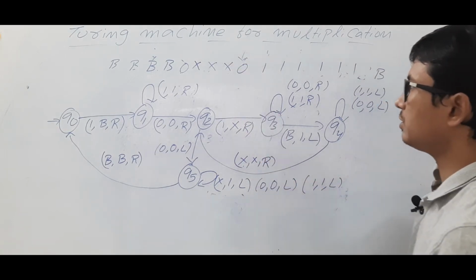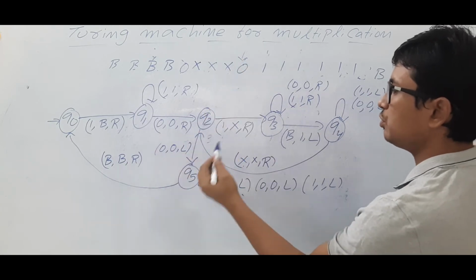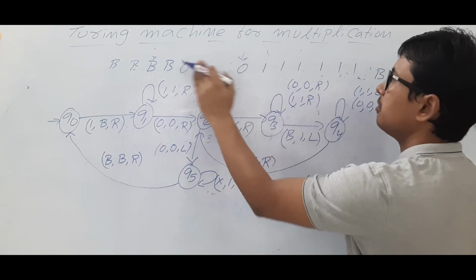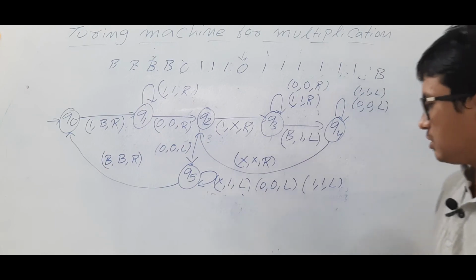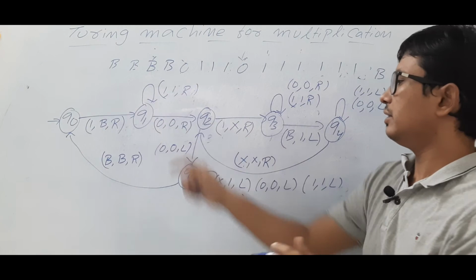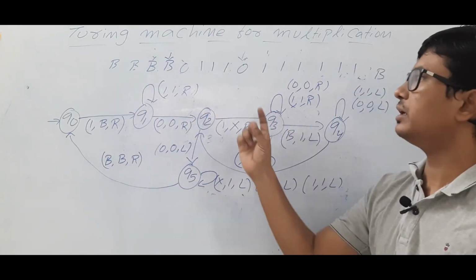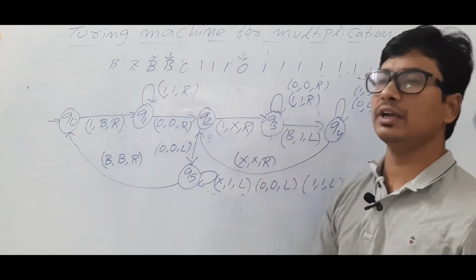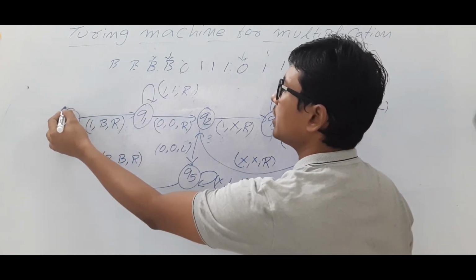Again you got a 0. After this one, again you will get a 0, so keep it as 0, move to the left. Now you are in the state q5. All x's will be shifted to 1s, and zeros you will make it as zeros and move to the left. 1 you will make it as a 1, move it to the left. Then you will get a blank here. All the x's I again made it as a 1, keep on moving to the left. If I get a 0, I will keep it as 0, move to the left. Again I reached blank, make it as a blank, move to the right.